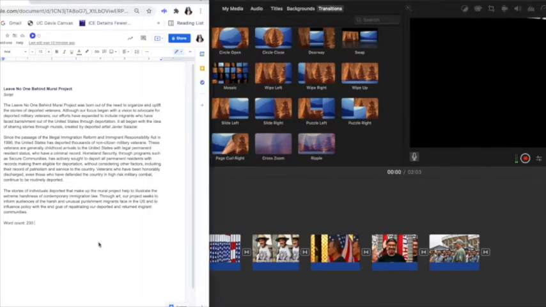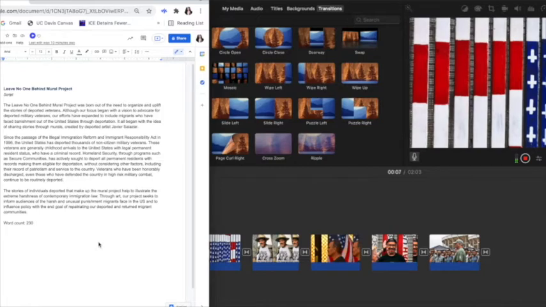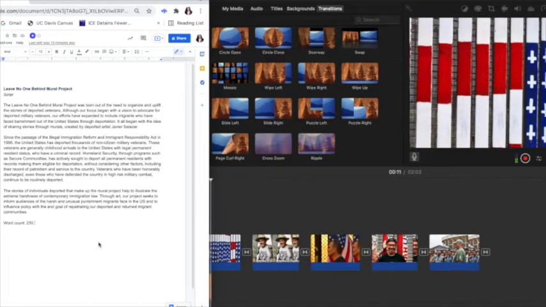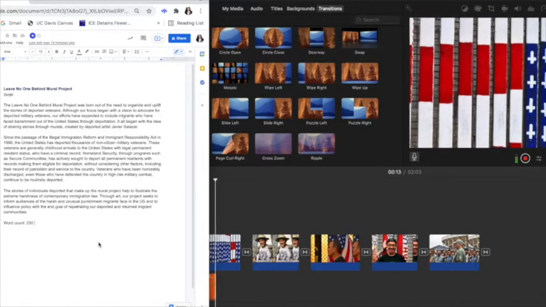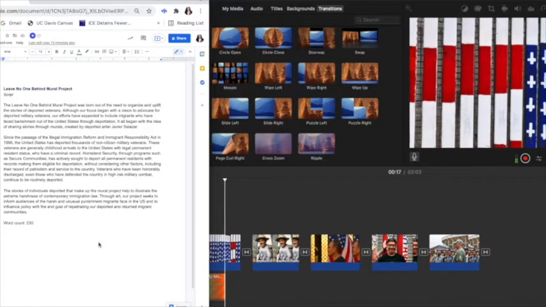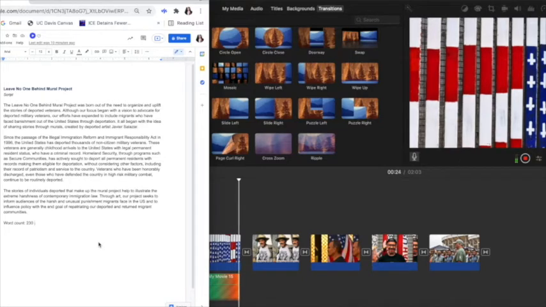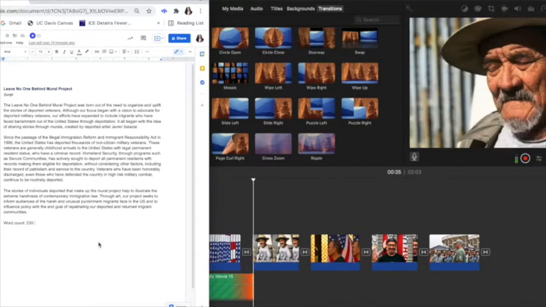The Leave No One Behind mural project was born out of the need to organize and uplift the stories of deported veterans. Although our focus began with a vision to advocate for deported military veterans, our efforts have expanded to include migrants who have faced banishment out of the United States through deportation. It all began with the idea of sharing stories through murals created by deported artist Javier Salazar. Since the passage of the Illegal Immigration Reform and Immigrant Responsibility Act in 1996, the United States has supported thousands